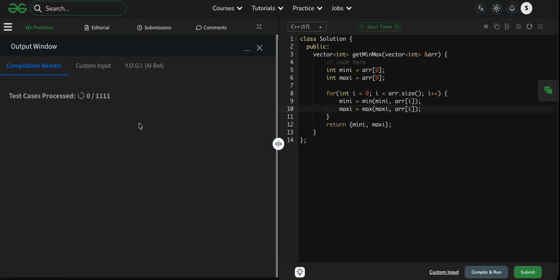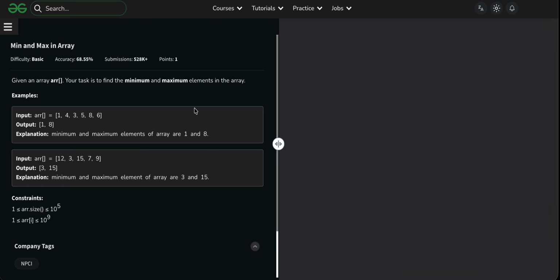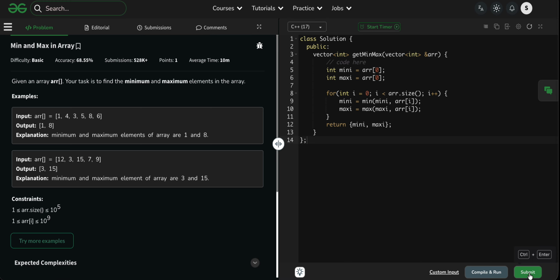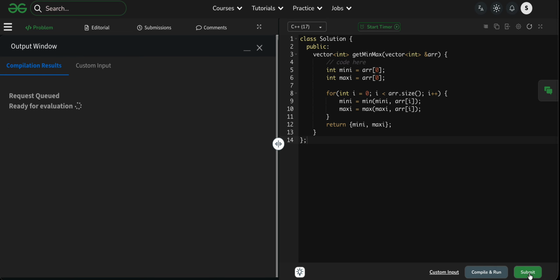Why is it taking this much time? I think there is an issue with the internet. Why is it taking this much time? Yeah, so you just understood what I'm saying, because you see that it will compile and run, but it will take time to submit. You just try, and if you're not